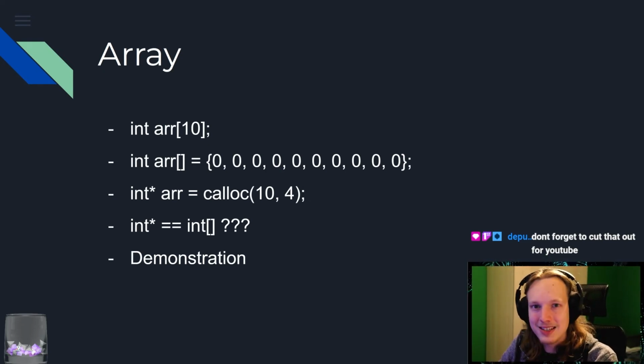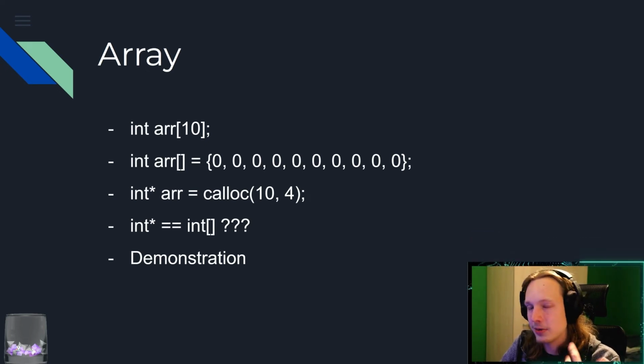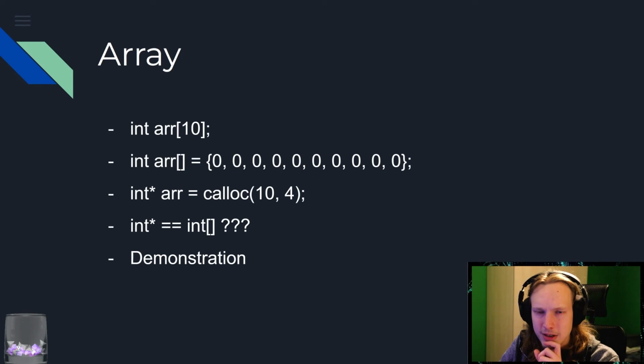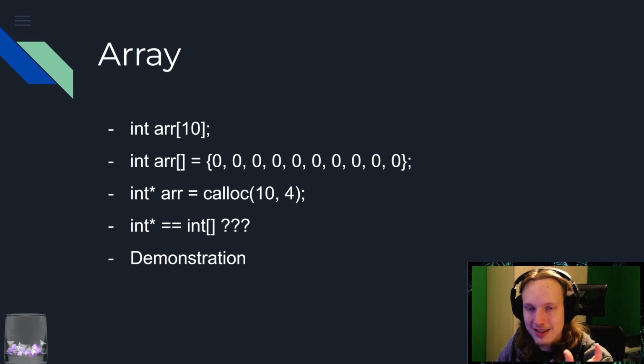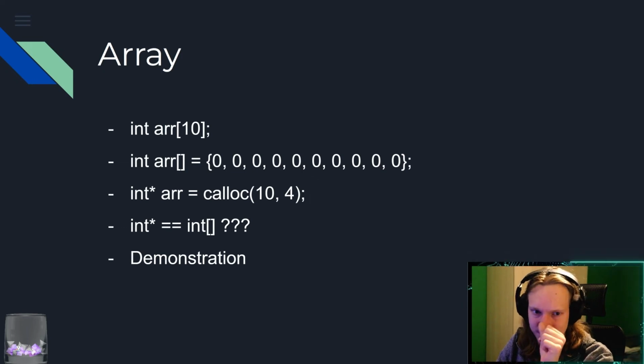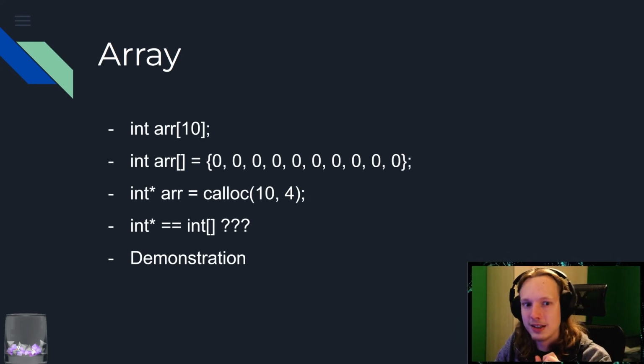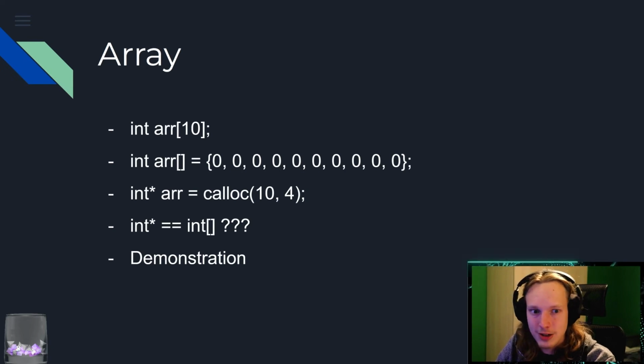calloc basically creates a bit of memory for you on the heap, not on the stack. We'll get to the difference of the two in some other lecture. It will create some bit of memory all the way out there on the heap that contains 10 4-byte values. That's what the 10 and 4 mean. An integer is a 4-byte value, so it will create 10 integer values for you.